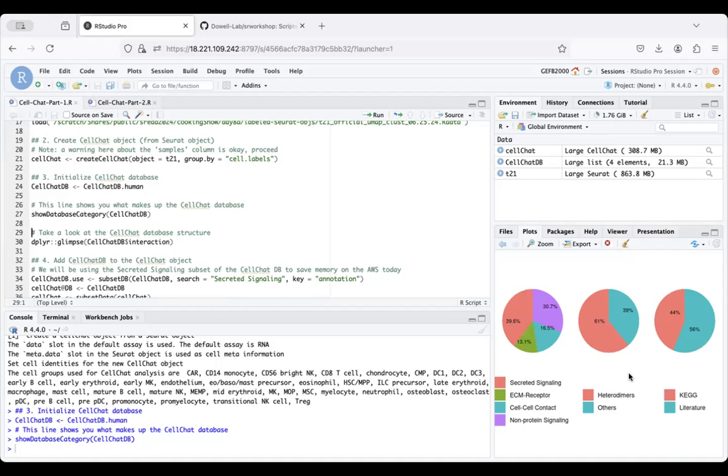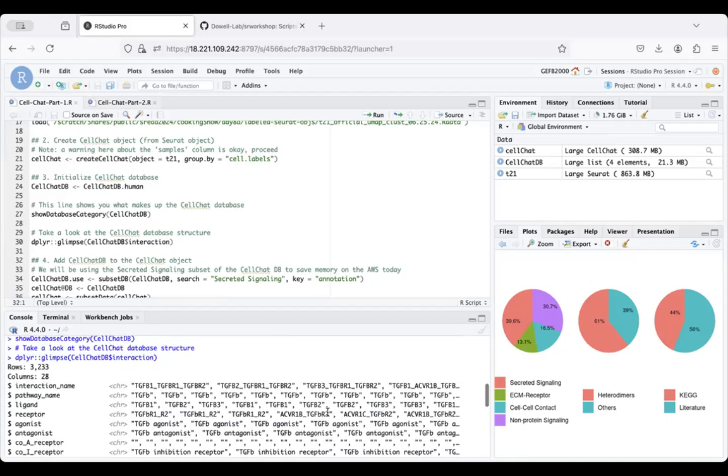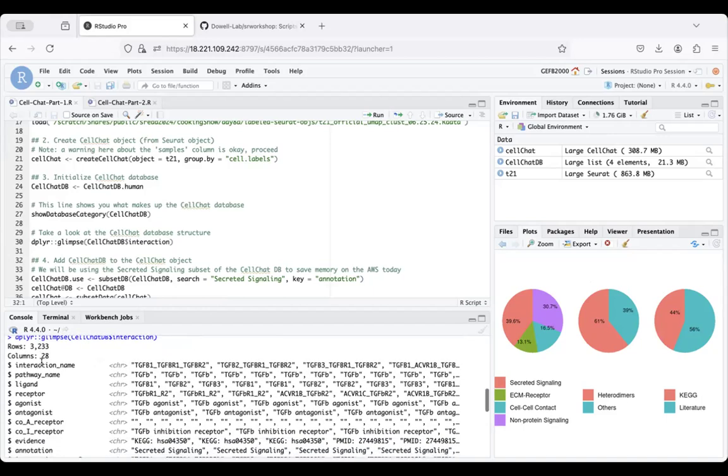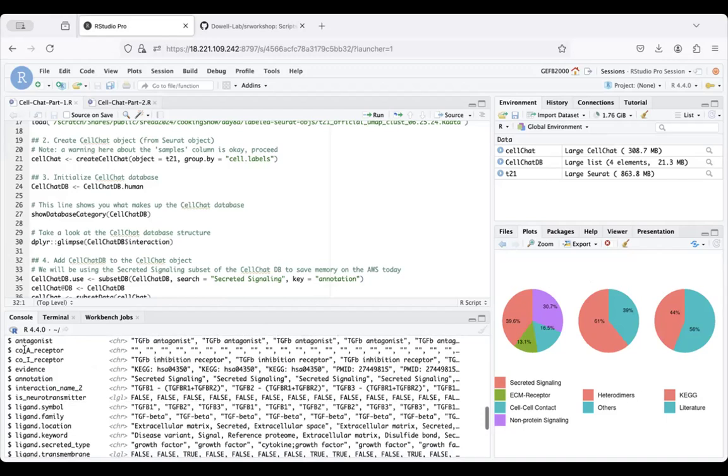There's more information. You can actually look at the vignette to get even more information about what makes up this database. And then we're actually going to take a look at what this database structure looks like right here. And you can see we have the interaction name, the pathway name, the ligand receptor, a bunch of great information